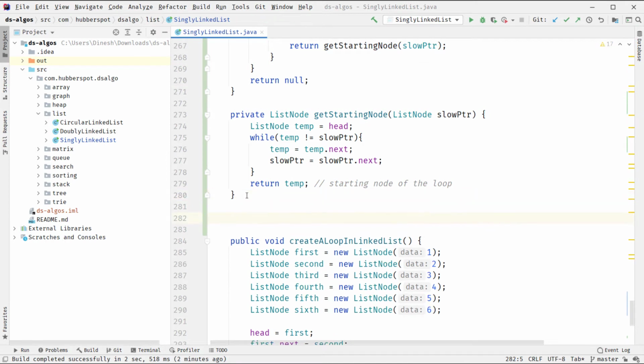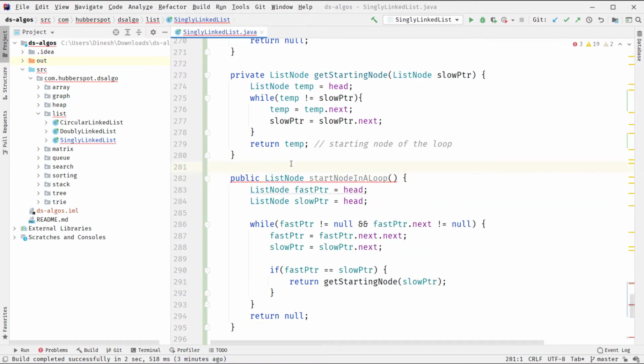I'll paste the code here, and instead of returning the list node, as we are not returning anything, we will make it void. We'll name the method remove loop, and the rest of the part remains the same till the cycle is detected where fast pointer is equal to slow pointer, which we already discussed in our previous videos.